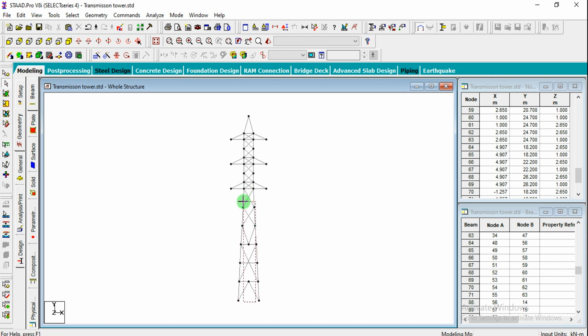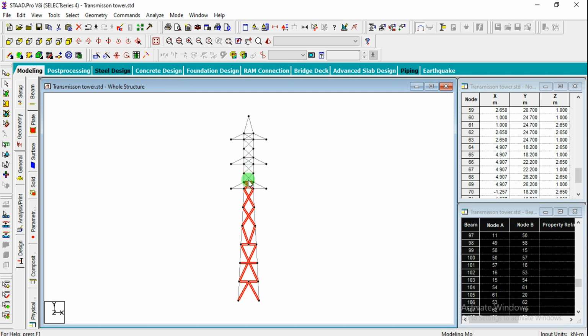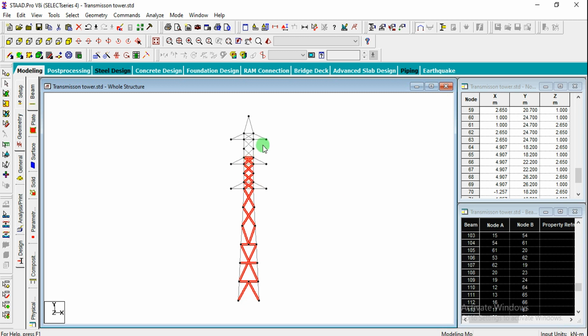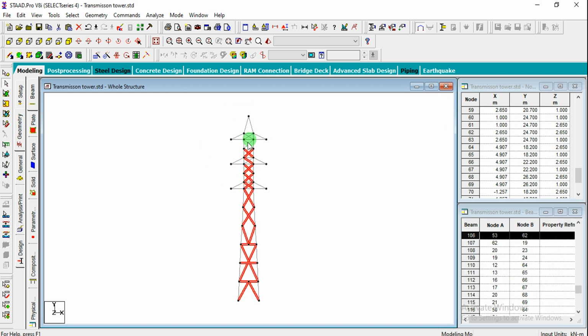So just try to select all the members. You can simply click on intersections so that they will be highlighted directly. And similarly we need to select this one also. Carefully select the members, because sometimes unwanted objects will also be selected there.